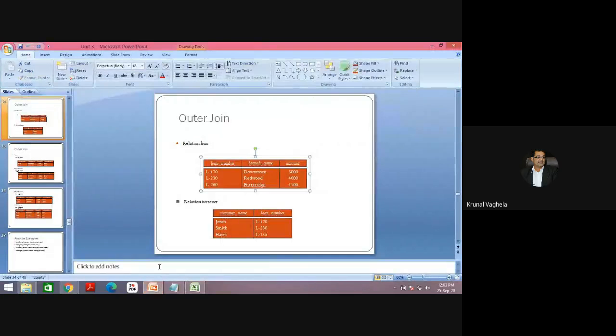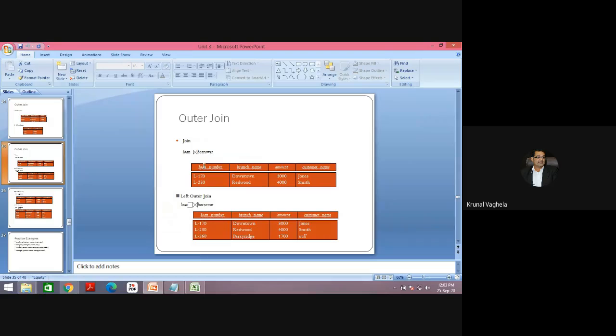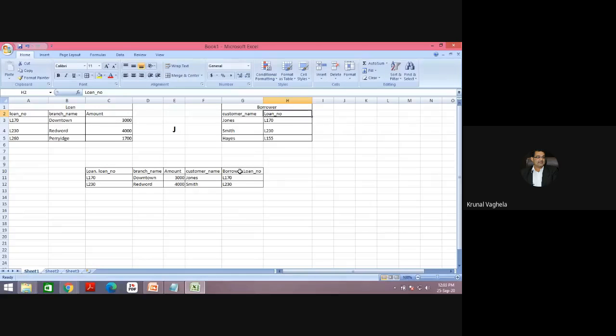The same is shown in the PPT. And since the loan number is written one time, you can also remove the duplicate. So this will be the result of the join. Now, is there any observation? Are you losing anything by doing the join operation? Observe it carefully. Are you losing anything in this result?